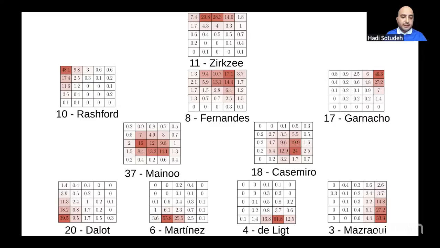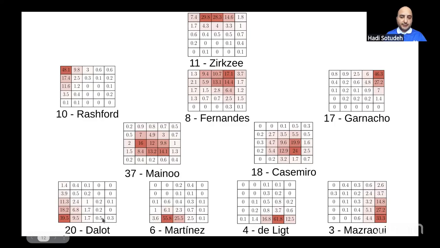We start with the players in the back line. As you can see, number 20 spent around 40% as a left back. So we can say this is a good, let's say, location to put this player in this position. Number 6 spent around 56% as a left center back, so this is also a good spot. And the same for number 4 and number 3. What we can say for number 3 is that he was appearing more offensive than number 20. So you can argue that number 3 was the offensive fullback and number 20 was the defensive fullback in this